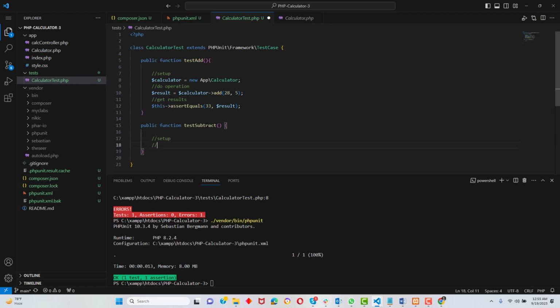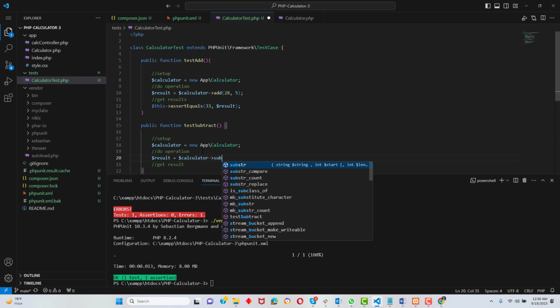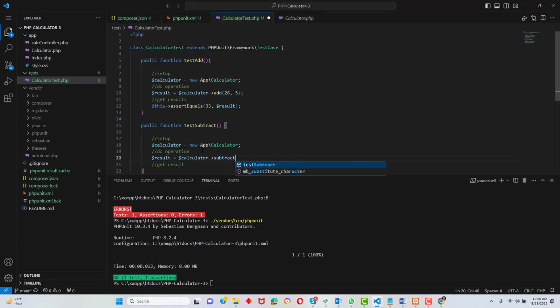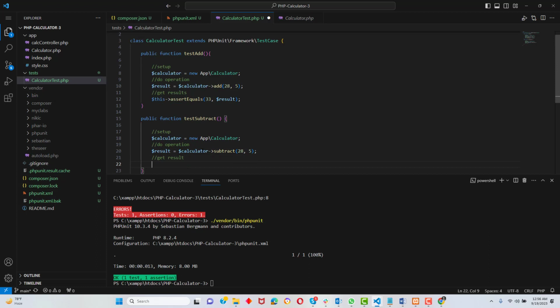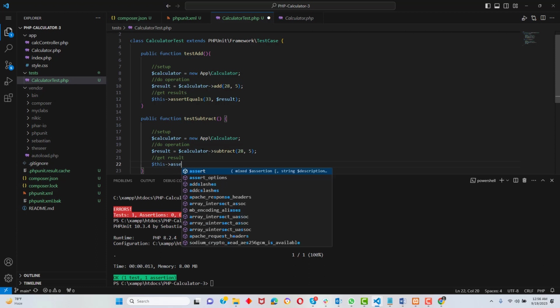Okay, we do the same approach, do operation, get result. Here we can create the object. Okay, and in result we can do the same, but this time we will be calling the subtract method. We can take the same values. Okay, so what could be the result? Result should be